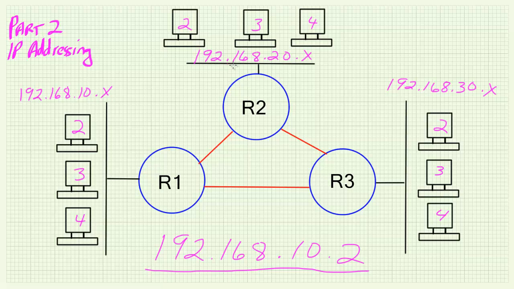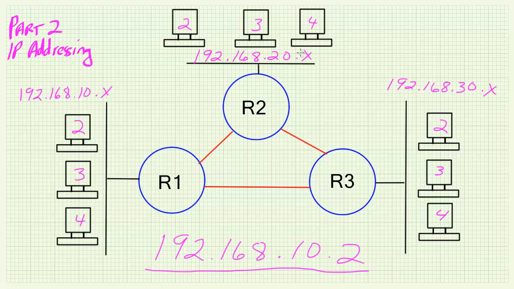The same thing is true for this second location here at the top. They all have 192.168.20.something, and the only thing that changes is the last number, and the same thing is going on over here at location 3. So sort of intuitively we can begin to think about the fact that this IP address could be interpreted to contain 2 pieces of information. One piece of information tells us about the network that each of these computers is attached to, and then that last number that I've represented with a placeholder X here identifies the specific computer within